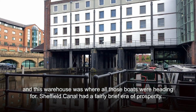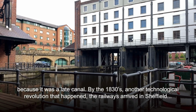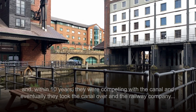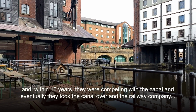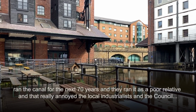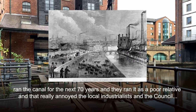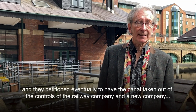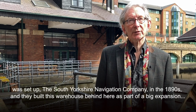Sheffield Canal had a fairly brief era of prosperity because it was a late canal. By the 1830s, another technological revolution had happened. The railways arrived in Sheffield, and within 10 years they were competing with the canal, and eventually they took the canal over, and the railway company ran the canal for the next 70 years, and they ran it as a poor relative, and that really annoyed the local industrialists and the council, and they petitioned eventually to have the canal taken out of the control of the railway company, and a new company was set up, the South Yorkshire Navigation